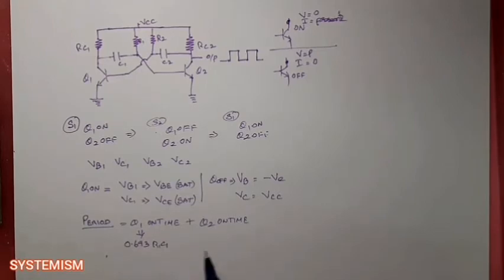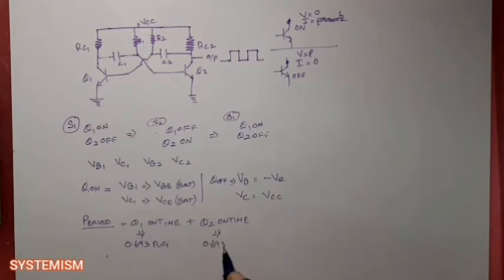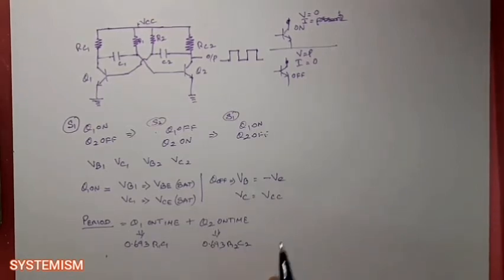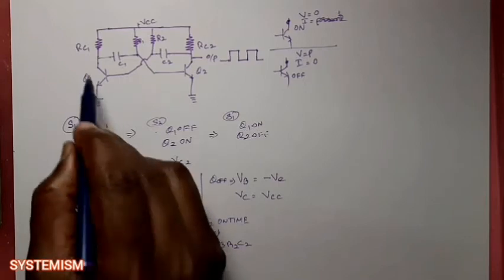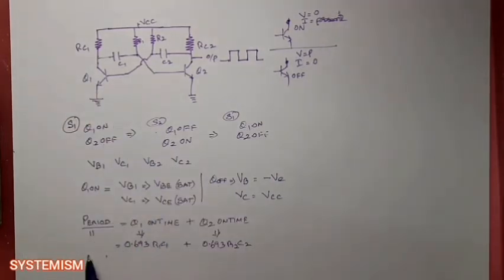What is the on time of your transistor Q2? Same, 0.693 R2 C2. So what is the total period? You have to add these two. This is the period of Q1 and this is the period of Q2. So the total period